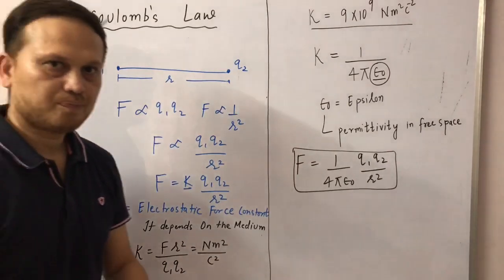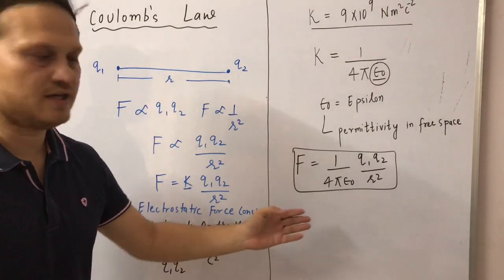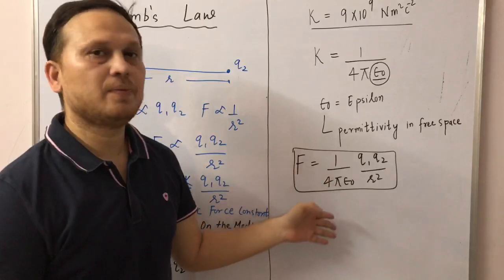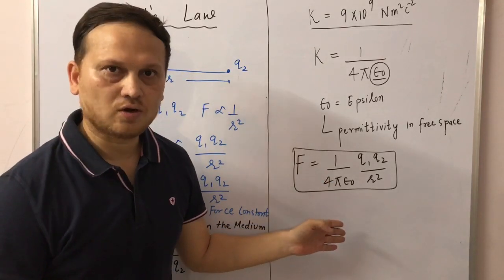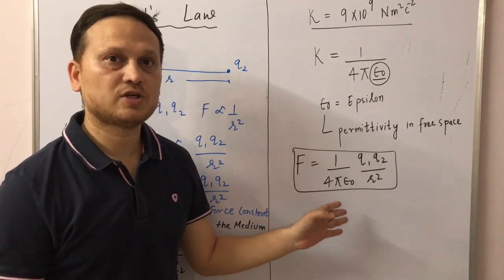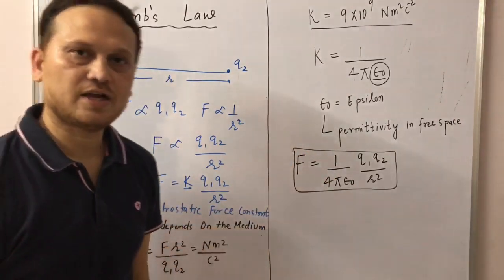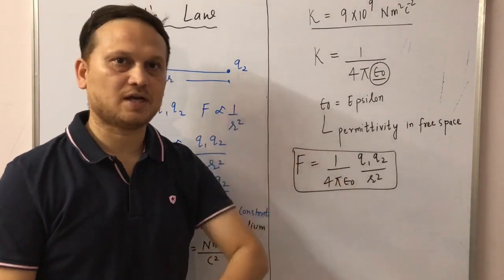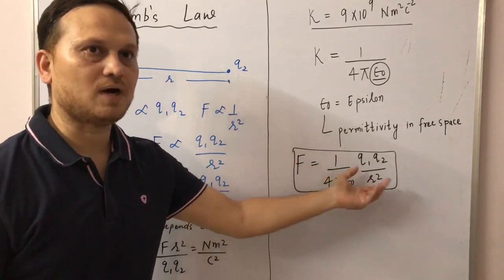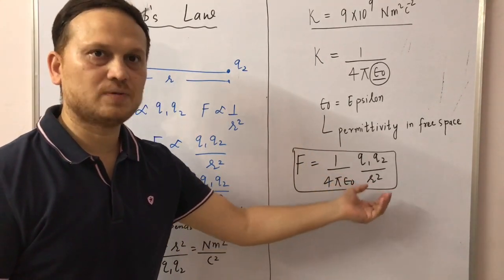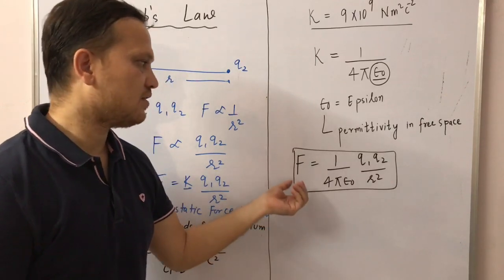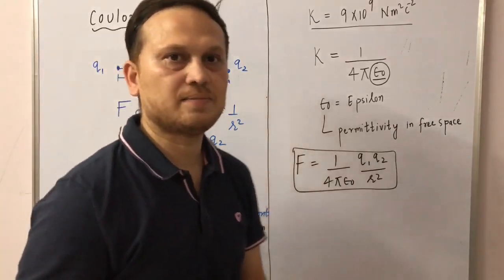Now, can you find the similarity? Yes, this is actually similar to our gravitation law, that is given by Mr. Newton. The only difference is that this is in the electrical form, and that is in mechanics. There we have two masses, and it also obeys the inverse square law. Here this is the Coulombic force.